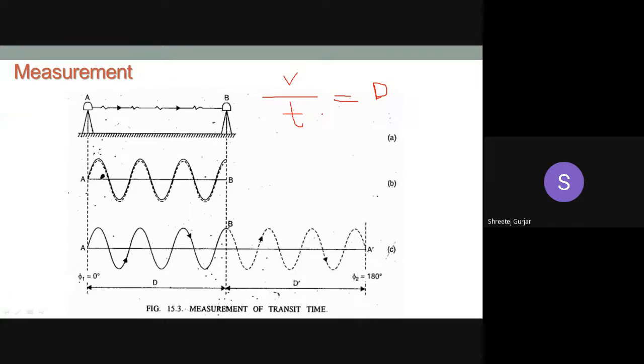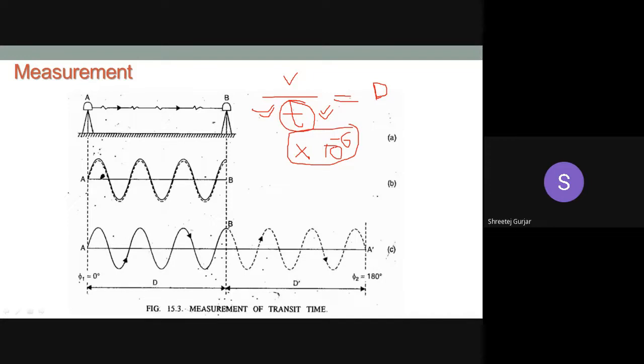Okay, so the main problem here is that the time is very difficult to measure, right? Because it is in terms of 10 power minus 6. So we require very advanced technology or a very advanced instrument to measure this time in such a small fraction, right? So to measure this time is very difficult, right? So